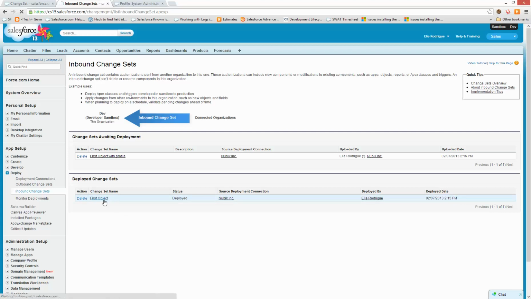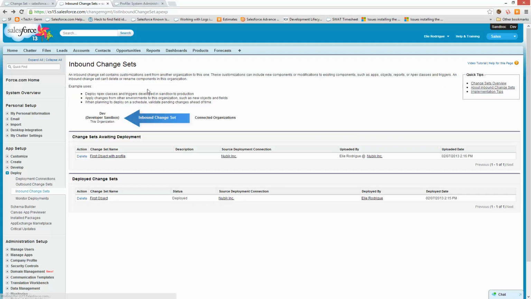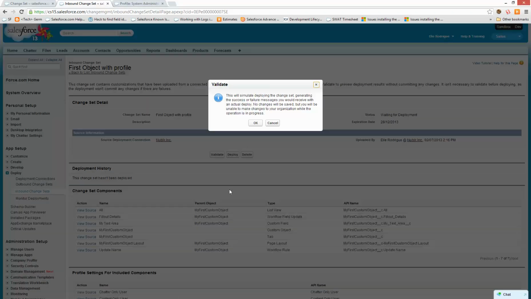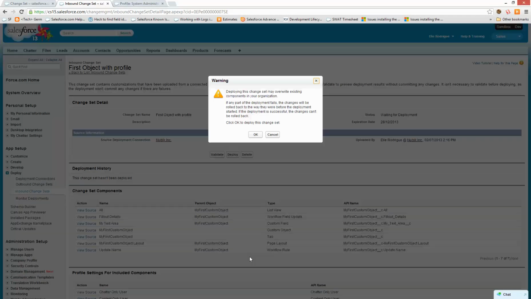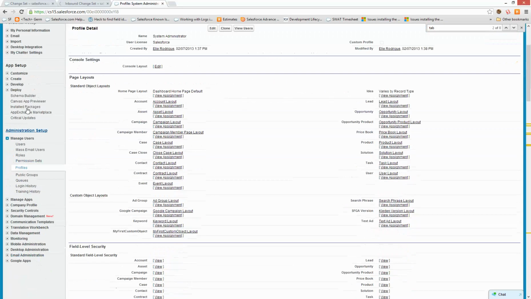I can still see the history: validation at this time, the log, and the full deploy at this time with the log. Go back to open my new one, first object with profile. I can do validate. You don't have to validate. I will deploy right away. And I'll try to be fast this time to